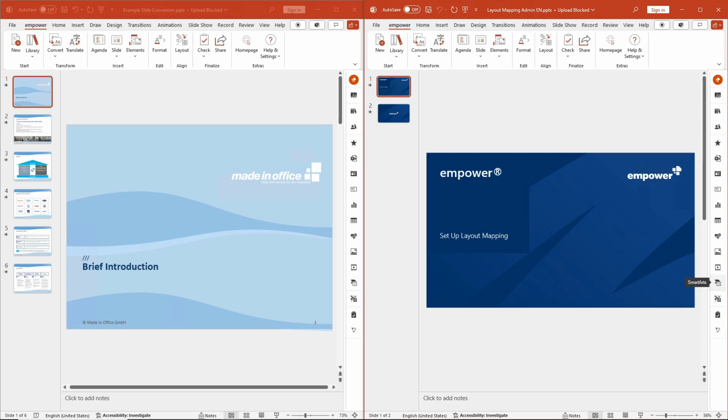In this tutorial, I will show you how you as an admin can set up and manage the layout mapping feature to make it easier for your users to convert from old to new master layouts. The Empower feature shown here should also be integrated into future versions of Empower and in some cases already in